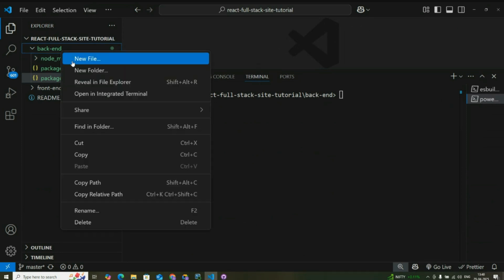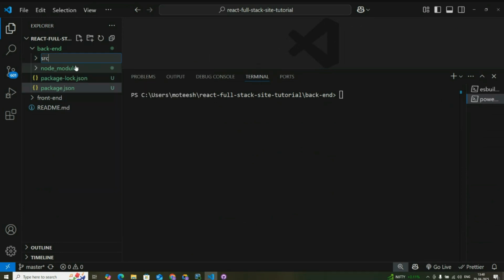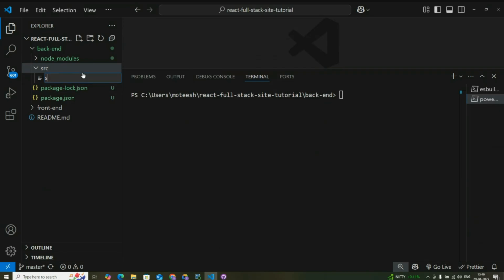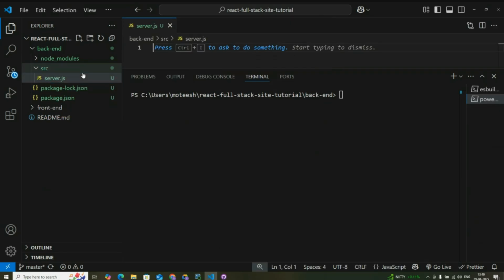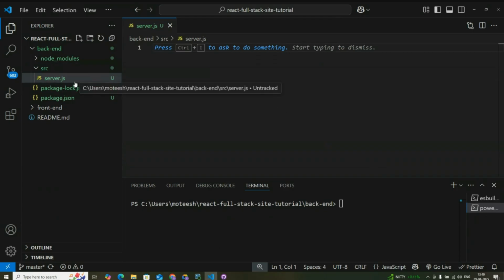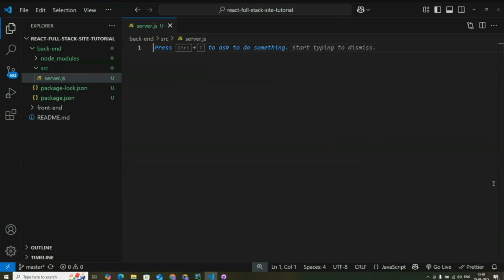We are going to create a new folder here called source, just src. And inside this directory, we are going to create a new file called server.js. Now, again, it's not required to create the source directory, but in practice, it really helps to keep the actual business logic of our application separate from some of the setup files and other files, such as this package.json file. So inside here, what we are going to do is set up a simple Express application,